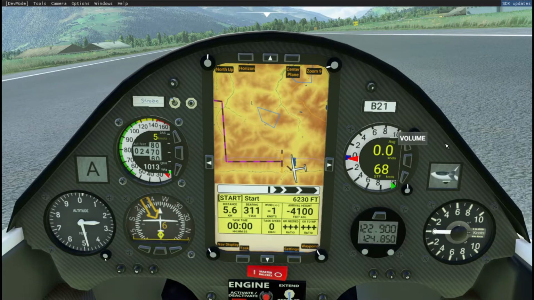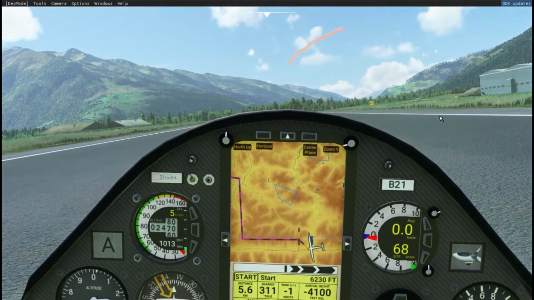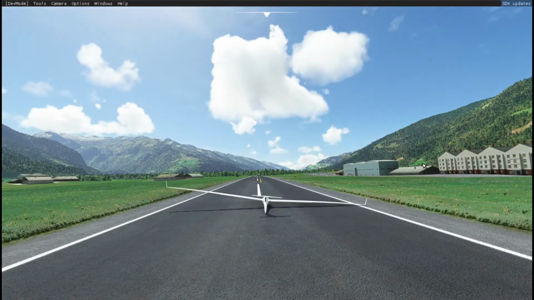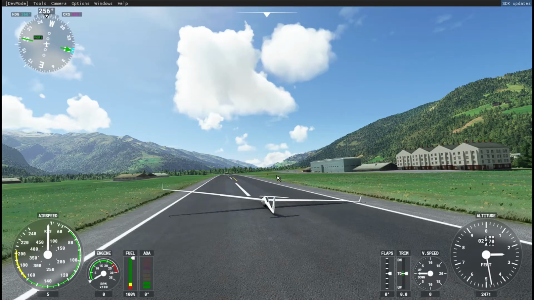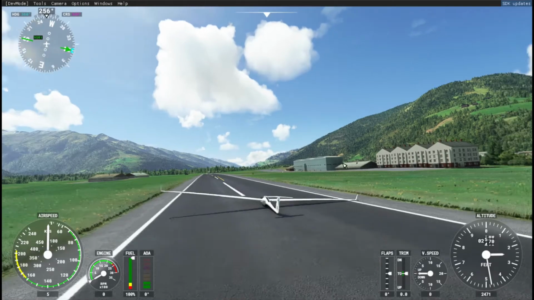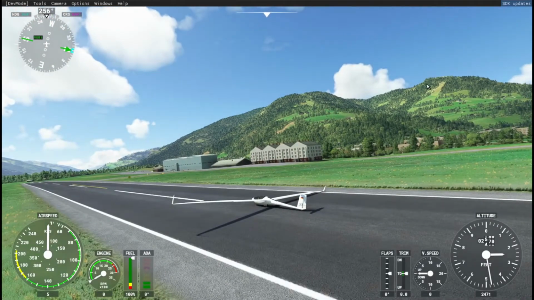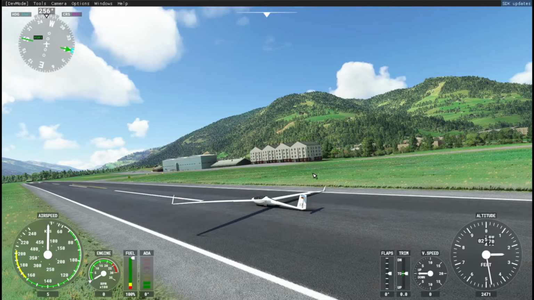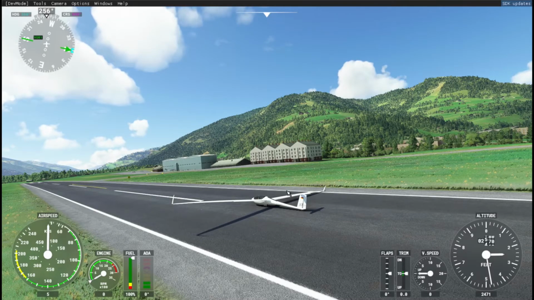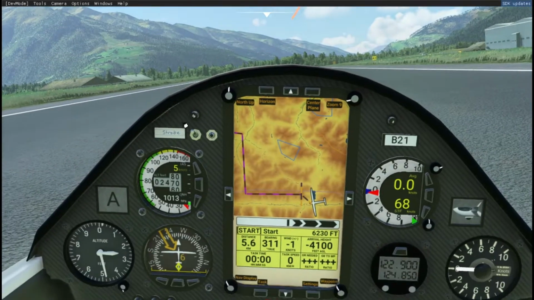Okay, so I'll just show you where the start is if we go outside. So here we are. The wind is coming from our left across to our right, more or less. So there's a pretty serious headwind on this leg as well, actually. And that start waypoint is up the top here somewhere, but it has that perpendicular line coming out crossways, and we're just going to fly through it this way. And I'm going to try not to fly through that line before I've got 5,000 feet. Okay, so